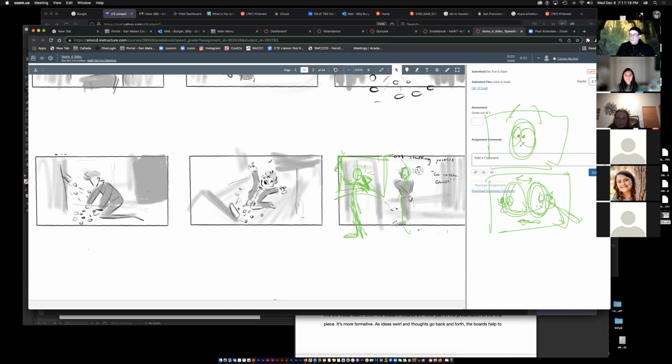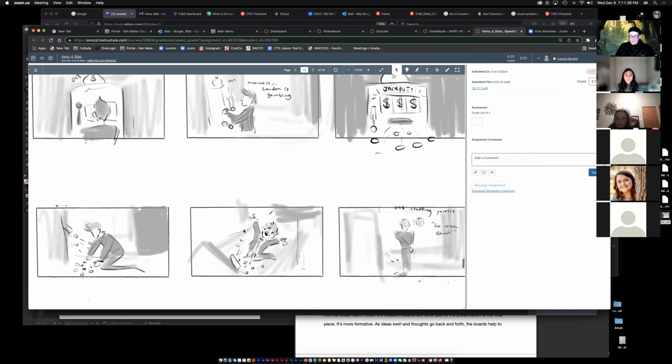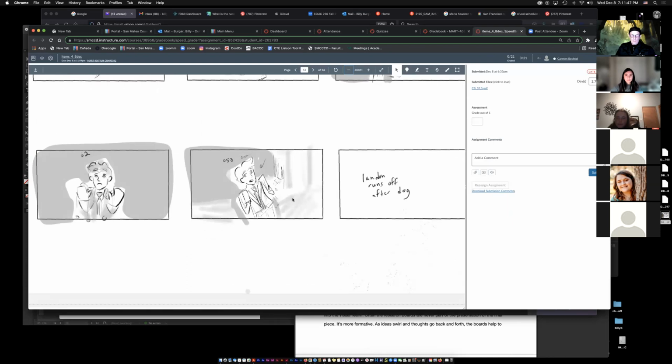You know, I'm being really cartoony about this. Like, he's like, what? And then zip, zip, zip, and it might be a more interesting connection to have that kind of action happening first, and then the dog runs by. Okay. Then the dog runs by, because then he can turn his head again and go, oh, there's the dog, and now he can chase after it. All right, so this is a hard angle to draw, and you might need to go back to your